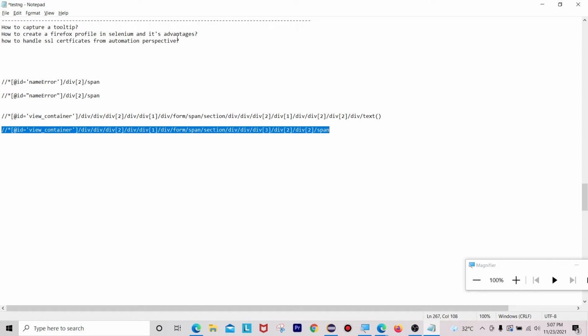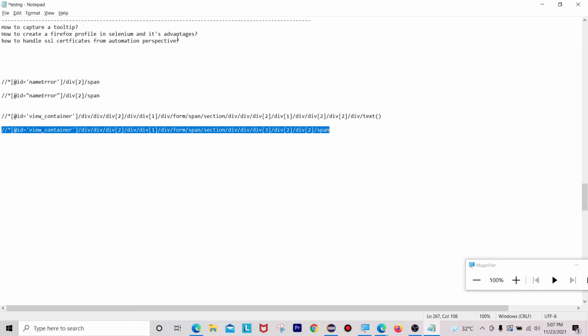Okay, so first of all, why do we need a Firefox profile in Selenium and what are all its advantages? To automate, the Firefox profile makes a lot of sense, meaning we are able to handle it if you have some certification issues or some SSL certificate issues, we can easily handle with the help of the concept called Firefox profile in Selenium.